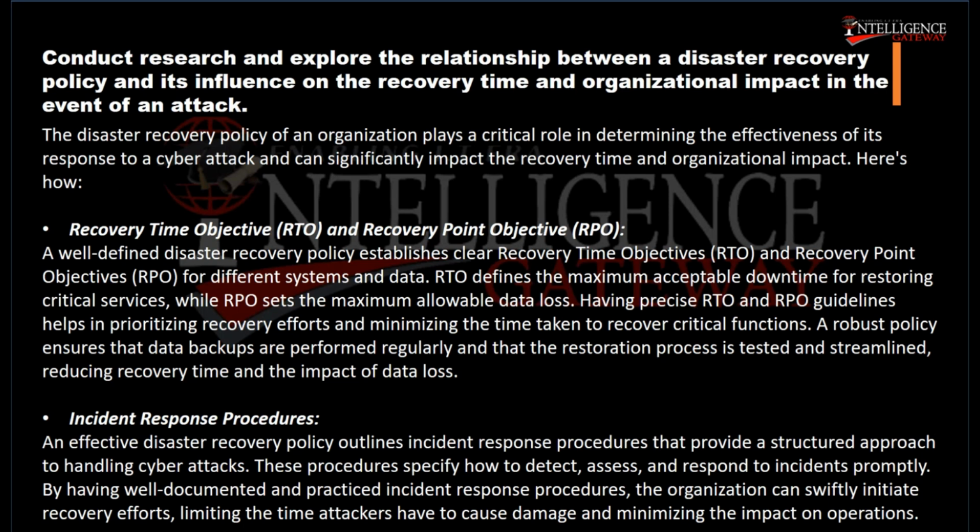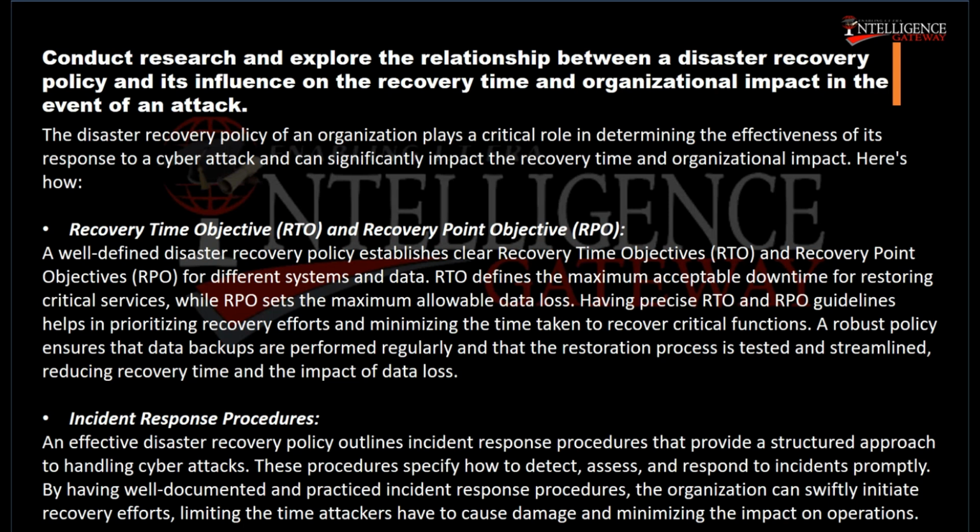Here's how. Recovery time objective (RTO) and recovery point objective (RPO). A well-defined disaster recovery policy establishes clear RTO and RPO for different systems and data. RTO defines the maximum acceptable downtime for restoring critical services, while RPO sets the maximum allowable data loss. Having precise RTO and RPO guidelines helps in prioritizing recovery efforts and minimizing the